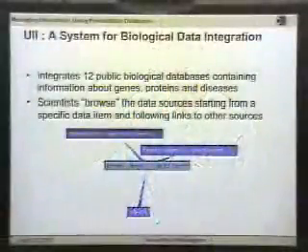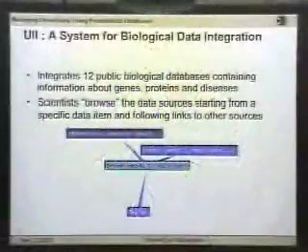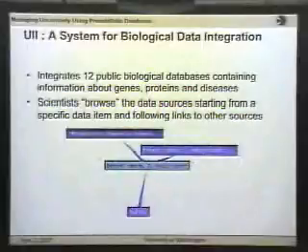So you start from some query. Maybe you're looking for some specific tuple, let's say the breast cancer gene. And then the user can click on any node, and that joins the node with other databases. Maybe you're looking at the same gene in a different database, or maybe you're looking at a disease associated with that gene in a different database. So you can click on a node, and that will expand it by joining it with other data sources. And you can keep browsing multiple data sources this way.